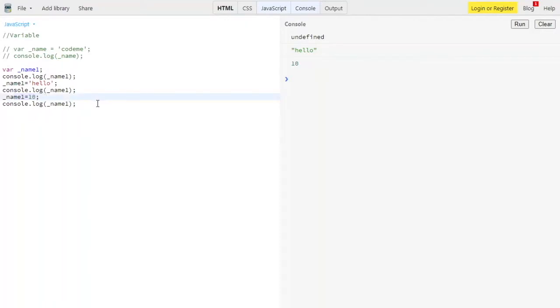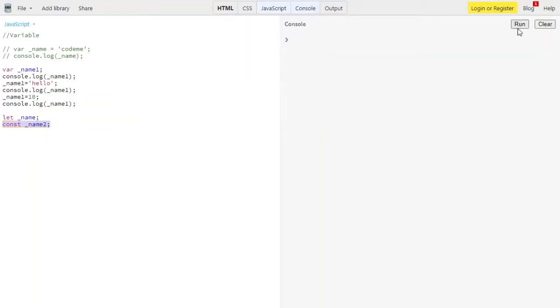And with the newer features of JavaScript, we have two more ways to declare variables, which are let and const. So we have let _name, then we have const _name, we have two over here. As you can see, it will give me an error if I don't initialize const.